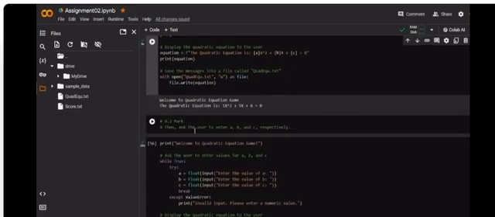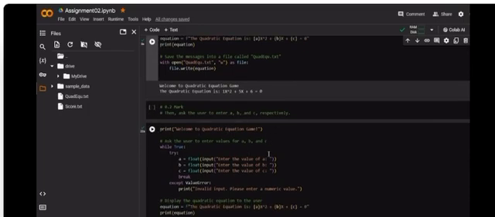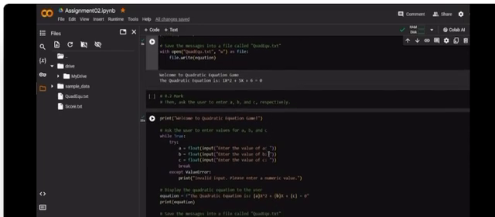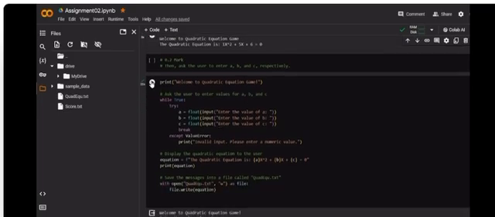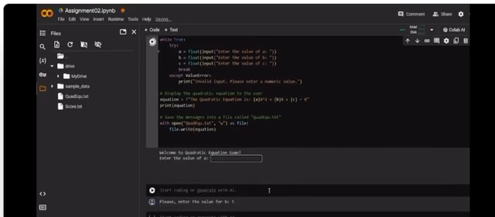Now it says then ask the user to enter A, B, C respectively. So the process asks the user to enter any random numbers, right? Let me assume that.